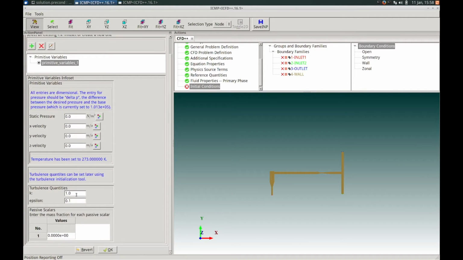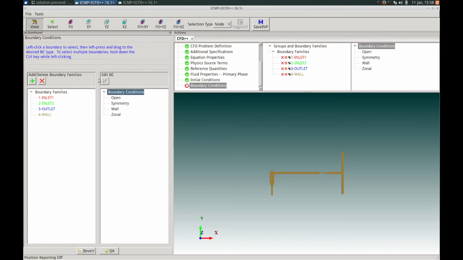The turbulence quantities will be left at their default. We're going to come back later in the setup and use the turbulence initialization tool to set those properties for all of the information sets that we define. And the passive scalar, we're going to leave the initial condition value of 0.0 and select OK to continue.